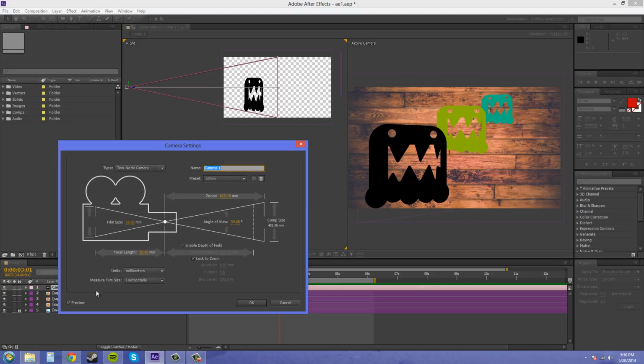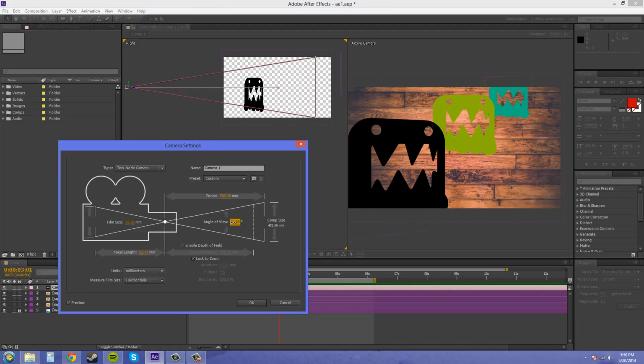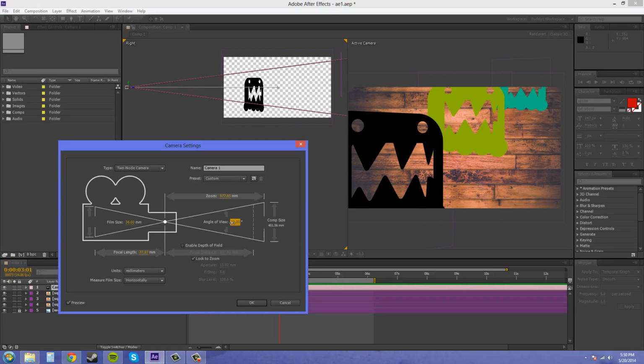Now I've got the preview button checked down here, so when I move some of these properties, they're going to show up in our comp panel here. So first I'm going to move the angle of view. I'm going to decrease it, and then just watch the pink cone here, so you can see what's going on. So I'm going to decrease it first. Stupid autosave. I'm going to decrease it, and you can see that the angle is actually changing, but the